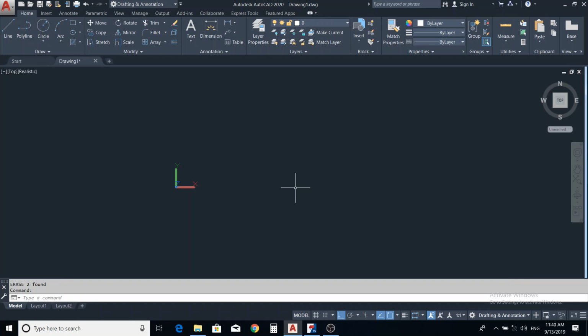Now let's move ahead. Why should someone buy a computer mouse in addition to his laptop mouse when it comes to AutoCAD? There are a lot of advantages that the mouse provides. Let's say, for instance, the various parts of the mouse are the left click, the right click, and then the wheel. Now let's have a look at this. With the left click, I can select a command, click fast,